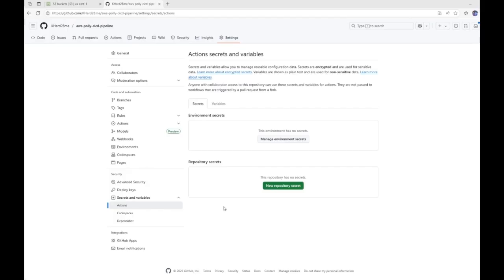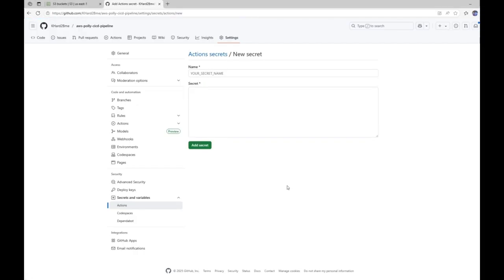Okay, so we're going to go to repository secrets and we're going to do new repository secret. So we're going to create a few of these. So the first one we're going to create is going to be AWS access key ID,